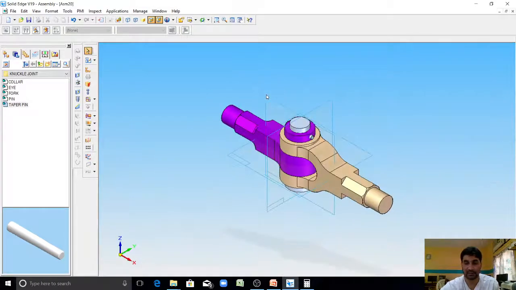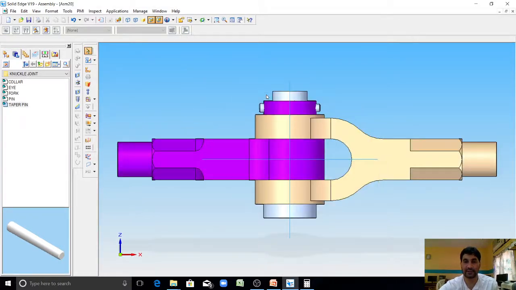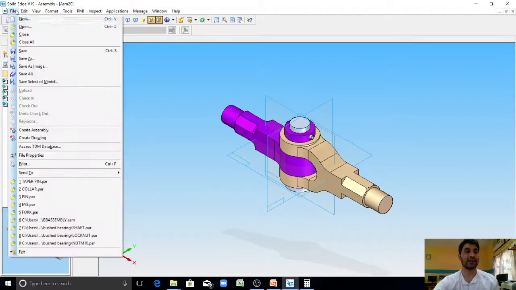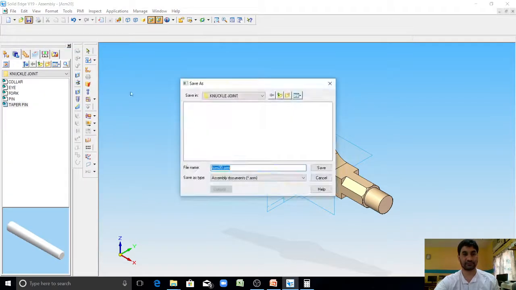Control I, Control F. Here it is perfectly assembled. So save this model. File, save, knuckle joint assembly. Click on save.